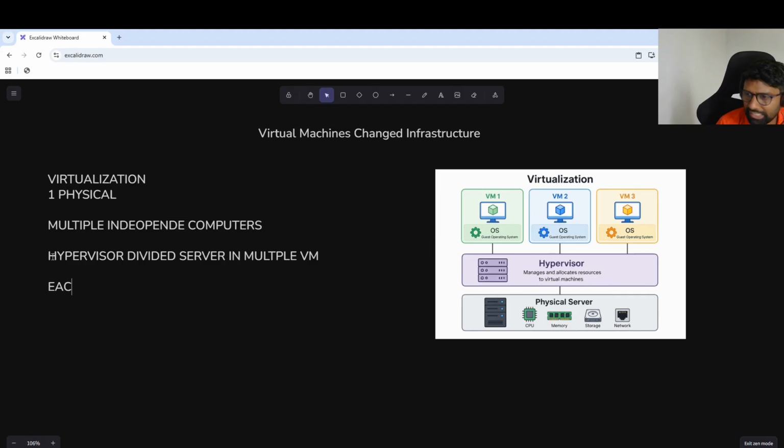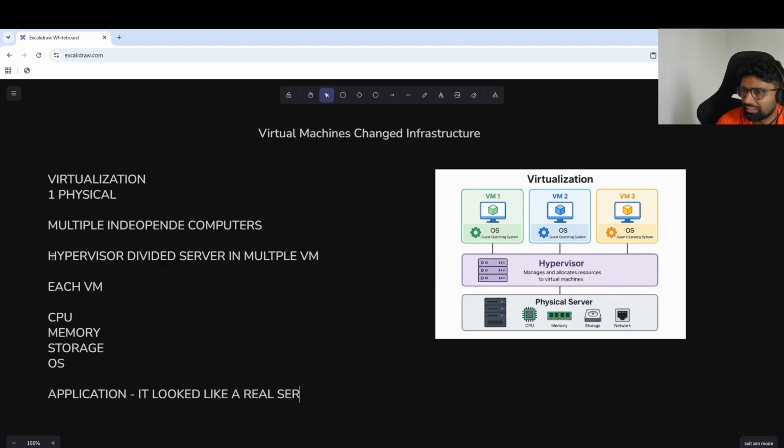That means each virtual machine will have its own CPU, own memory, own storage, and own operating system. From the application point of view, it looked like a real server. This improved resource utilization.